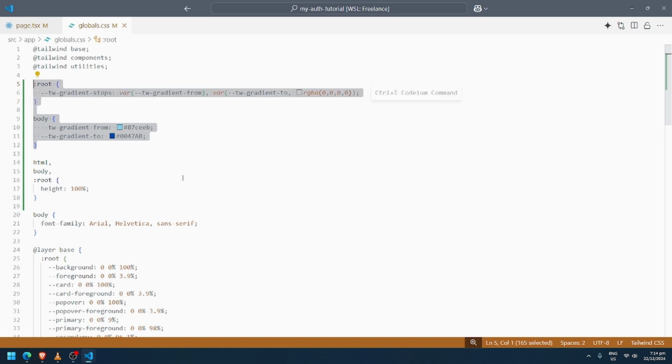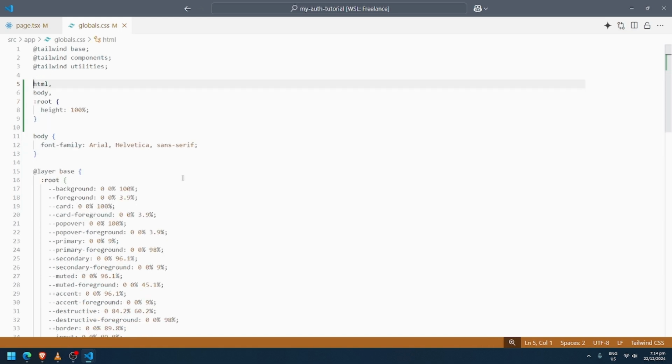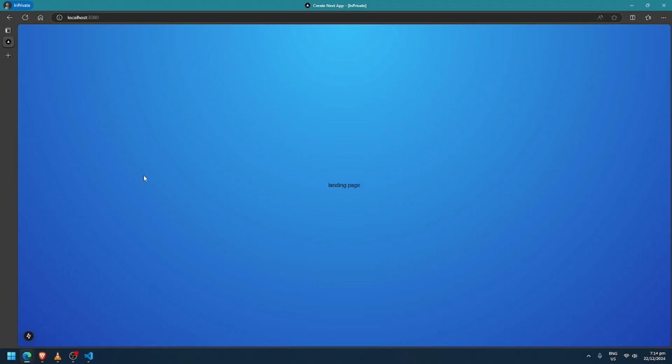Let's remove this customization. The reason that this background that you will see here did not display earlier is because Next.js did not automatically refresh the page, so I just refreshed it and it then took effect.